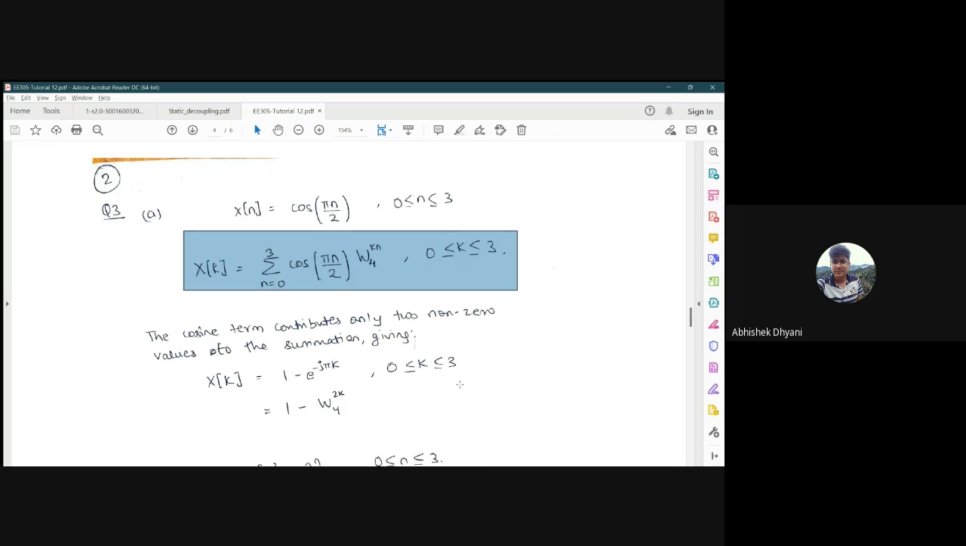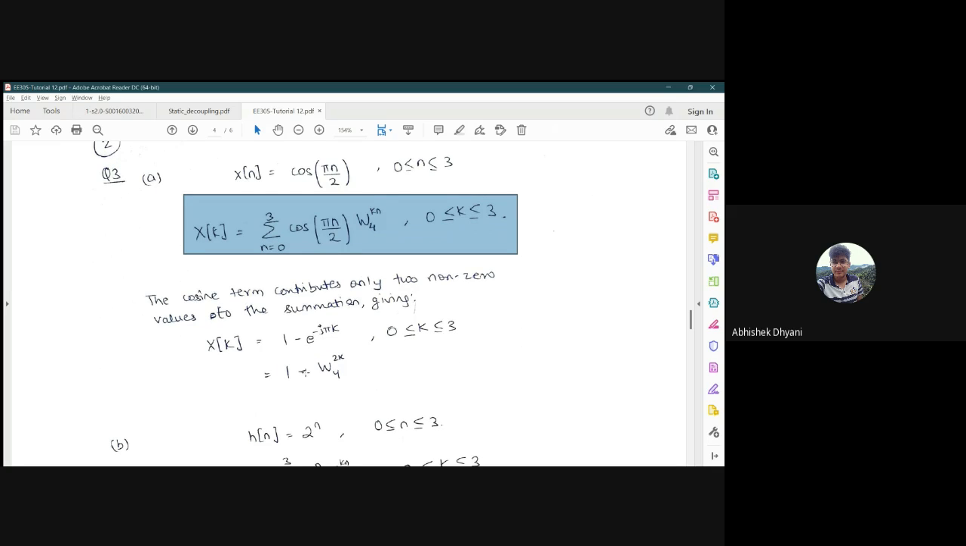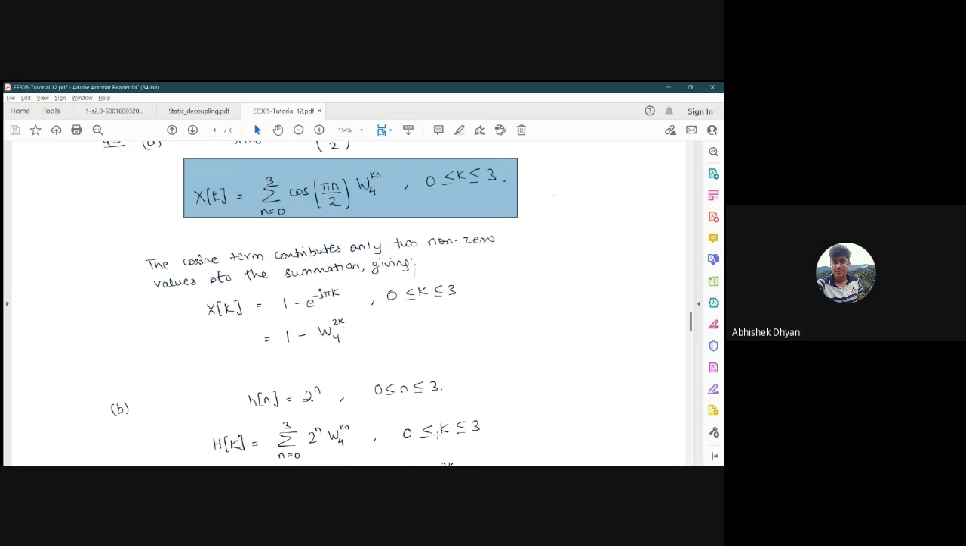So this was the first part, and in the second part we have been given hn, which is 2 raised to the power n, n varying from 0 to 3, right? And we have to find out again its DFT. So we will take summation from 0 to N minus 1. N minus 1 is 3. 2 raised to the power n times this